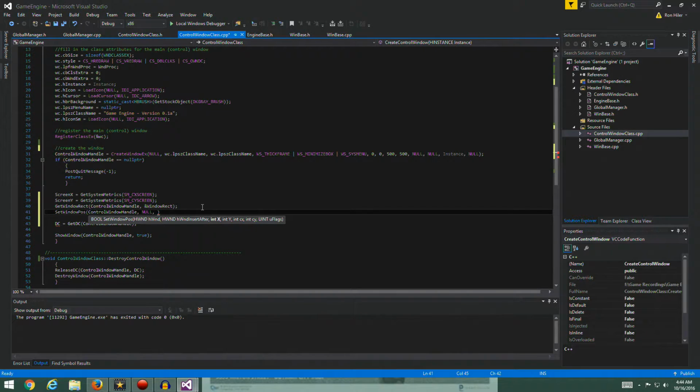So we want to center this. And now in the X direction, what we want is to get the center of the screen. So that's going to be screen X divided by 2. And we'll subtract off half the window X size. So window rect